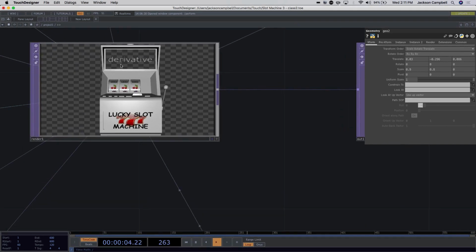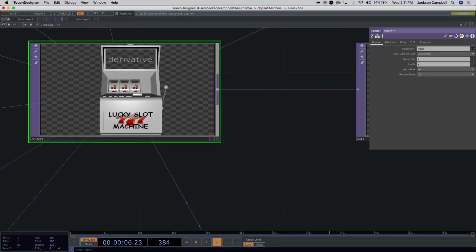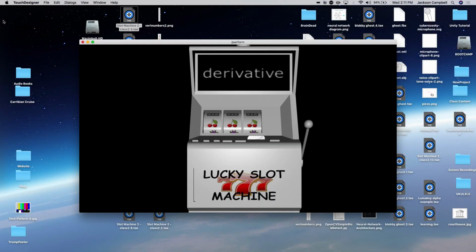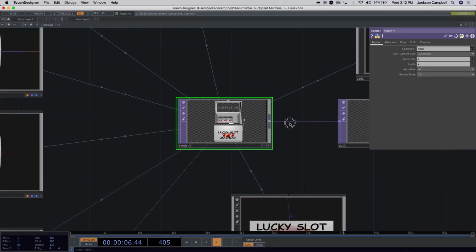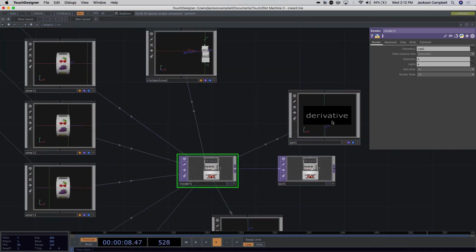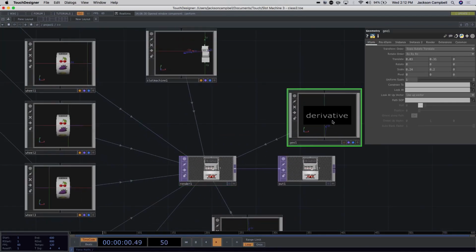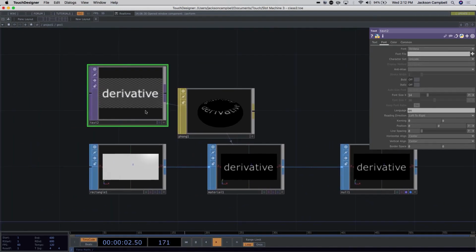We have our text. It looks a little funky here, but I think it'll look okay in the actual view. It looks okay. Yeah, maybe I want to change it, it's a little bit low resolution. I can change the resolution of the text and make this a little sharper. Let's try that. So I'm going to go back into the geometry here, and on this text,